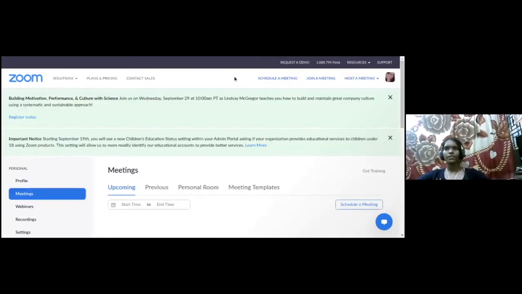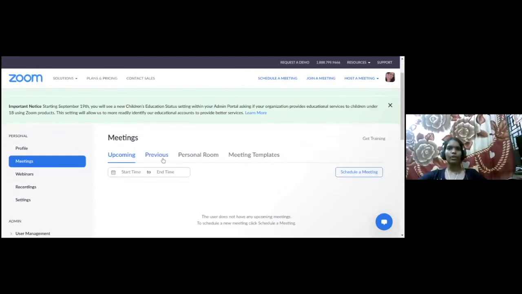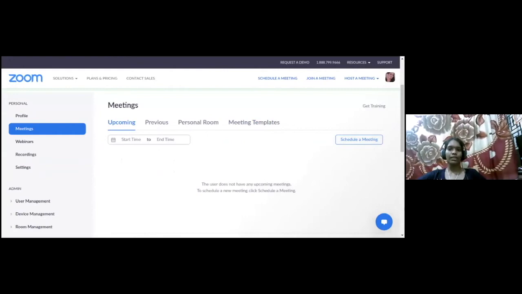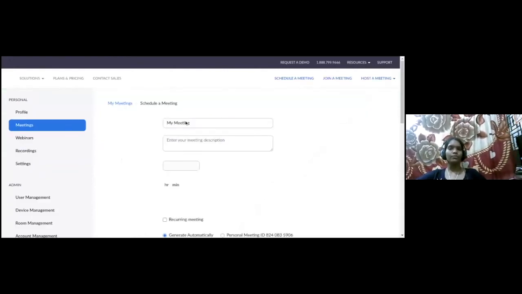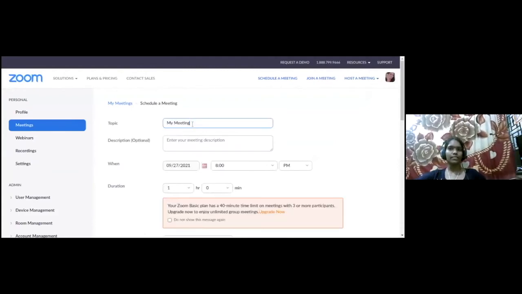After you have signed in, you will get this screen where you have all your upcoming and previous meetings, and you can set a meeting template here. When you have to schedule a new meeting, you can just click schedule meeting and fill in the details. You can give the topic of the meeting.